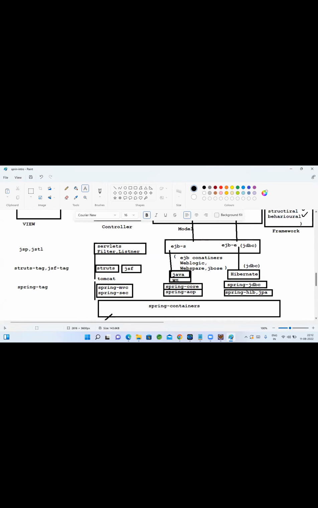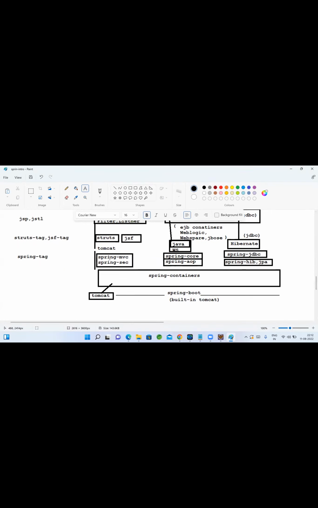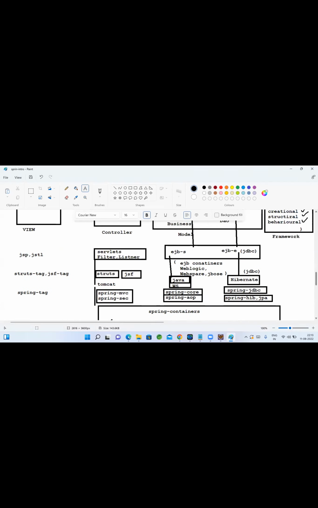Are we clear what we are going to learn from Spring, and where generally it will fit? When you implement your code, for controllers we use the Spring MVC and security modules. And for business logic, we use the core module. Basically, core also is not required. Simple Java would be enough. But we use some core features. And the AOP module we use to achieve some reusability concepts. And Jdbc, Hibernate, we can use through Spring Jdbc, Spring Hibernate. And Spring transactions also we can use in this layer, the business layer.